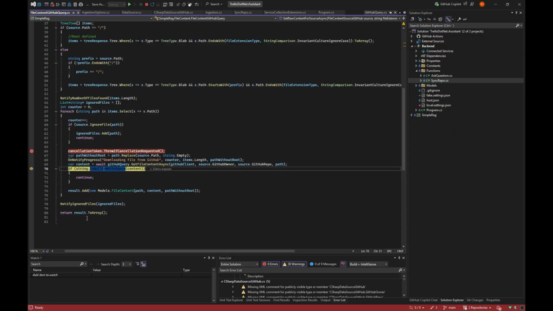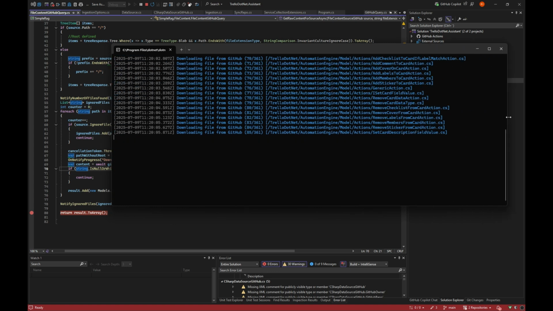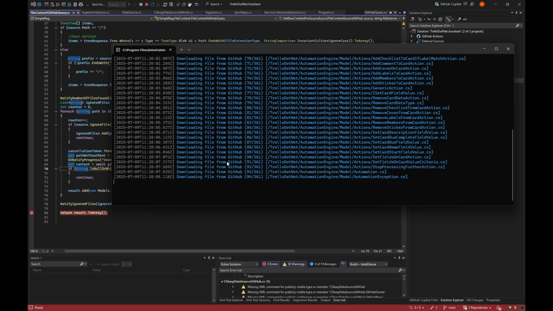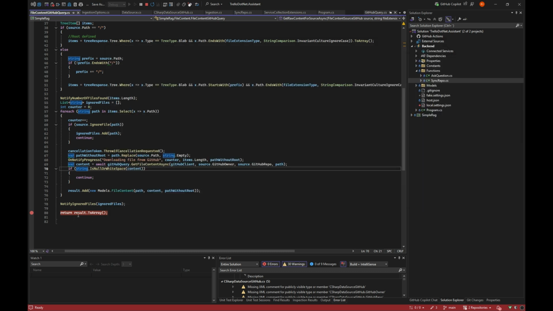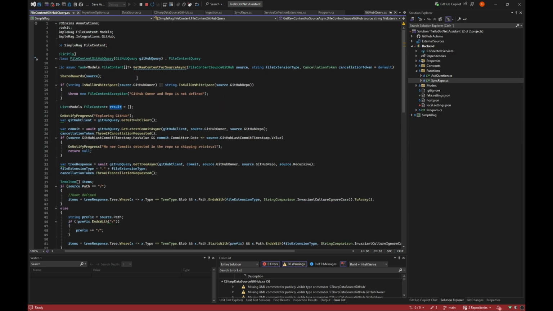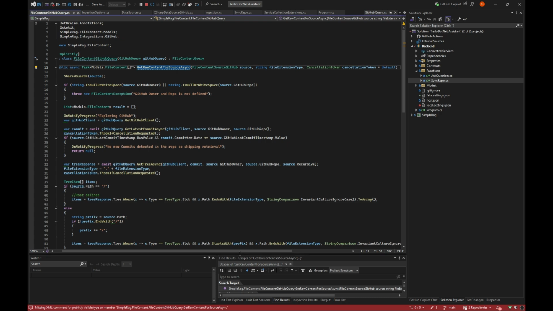This will take a while, so I will just set a breakpoint here, get rid of these, and we will see that it will now take every single file up here. While we are waiting for this and hitting this breakpoint, we'll just go out and see what is behind the scenes for the rest of it.